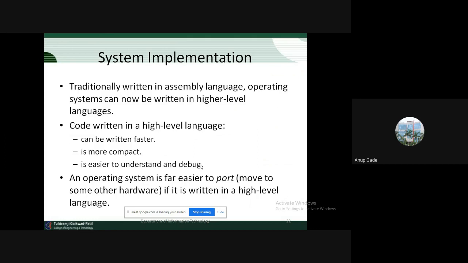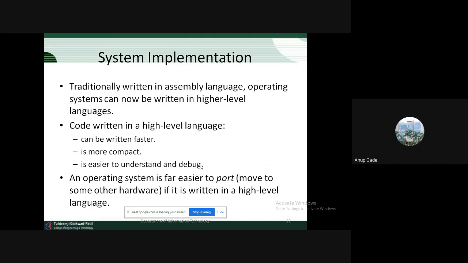Though we can say that high level languages are quite easy to understand and can be written faster, in terms of execution they are not faster. Whenever we compare high level languages with assembly languages, assembly languages are faster in execution as compared to high level languages. Whereas high level language code can be written faster because it is easy to program as compared to assembly level code. Assembly code is a little difficult to program.